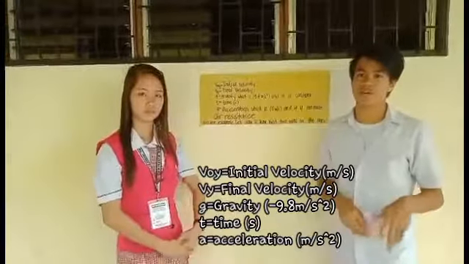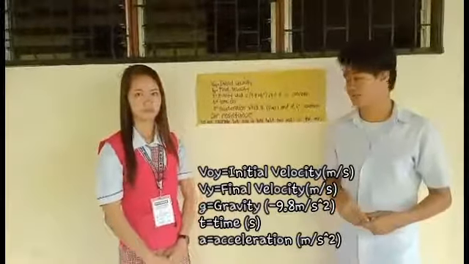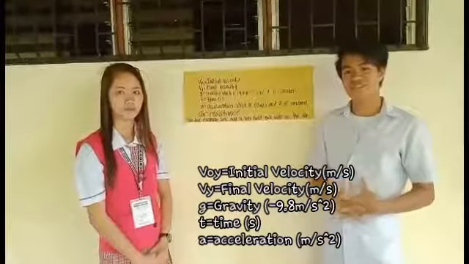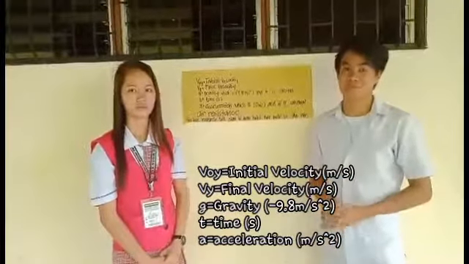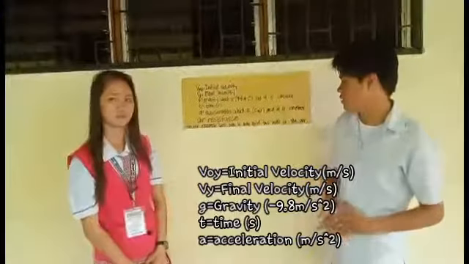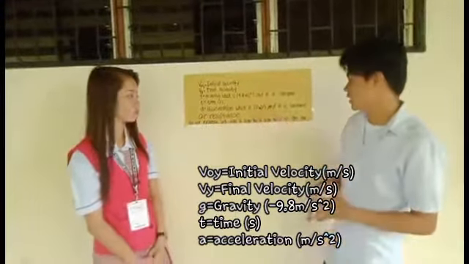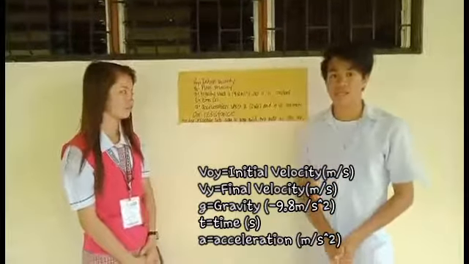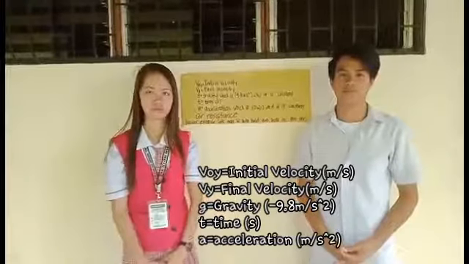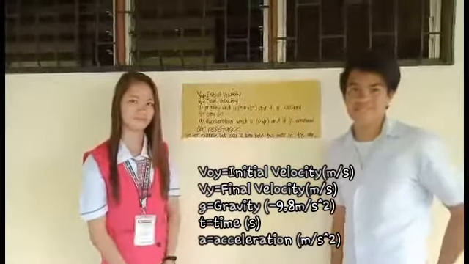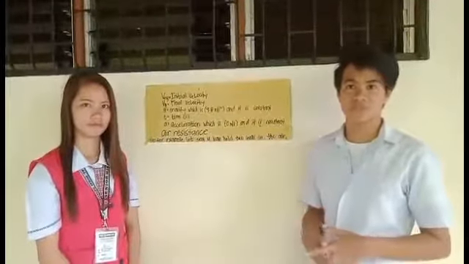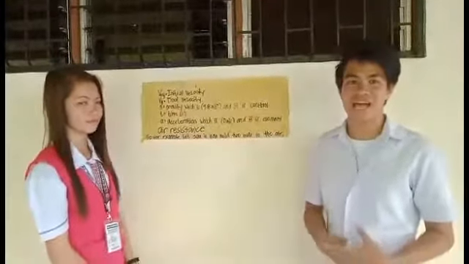Gravity is a force that tries to pull two objects towards each other. And time is a measure in which events can be ordered, while the acceleration is 0 meters per second squared, and it is constant. It is the rate of change of velocity per unit of time. Air resistance describes the forces that are in opposition to the relative motion of an object as it passes